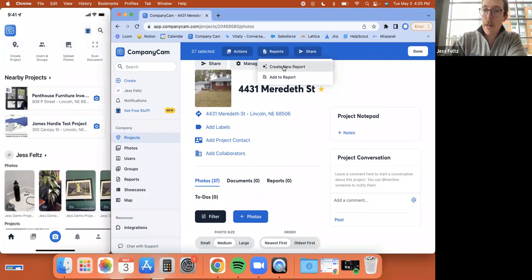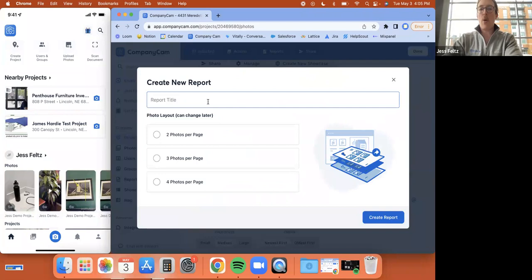So you'll see right at the very top of this drop-down menu, it's going to give you the option to create a new report. You also have the ability to add it to an existing report, but we're going to create this from scratch. So the first thing that we're going to do here is create a report title. So 4431 Meredith, I'm just going to keep this the same as our actual address information, so it's easy to